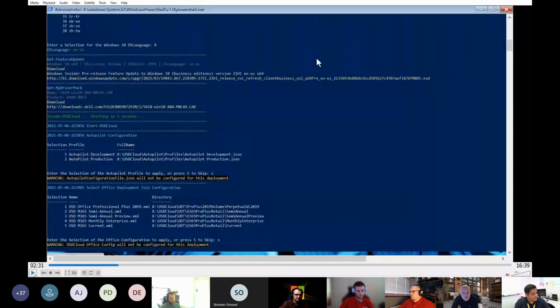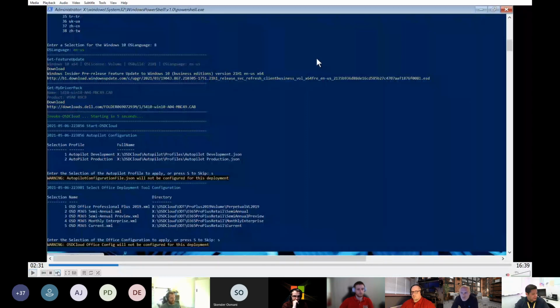I do have the option, as you can see, if I have added an Autopilot configuration JSON file onto my WinPE, it will find this and prompt me to select one. I typically don't do Autopilot in testing other than our enterprise. These are fake JSONs anyway. Have to segment my work from my play.